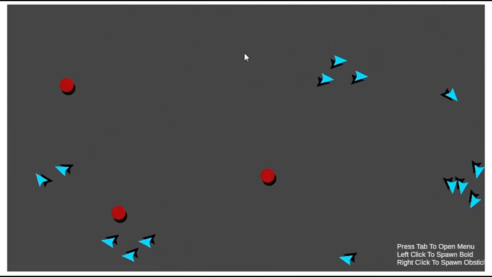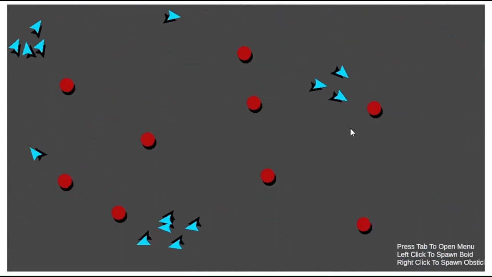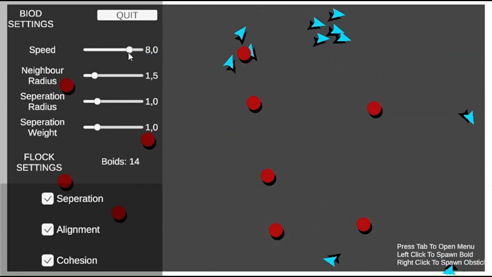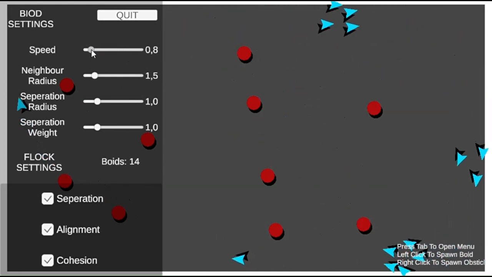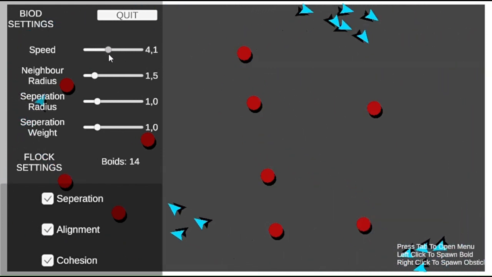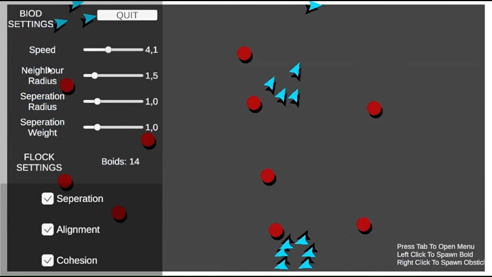So here's a quick introduction to how you would use the system. You can left click to spawn Boids and you can right click to add some collision objects. If you press the menu button, you can reduce their speed and you can increase their speed. So let's keep their speed to about 4, and the neighbor radius, here's a bunch of settings